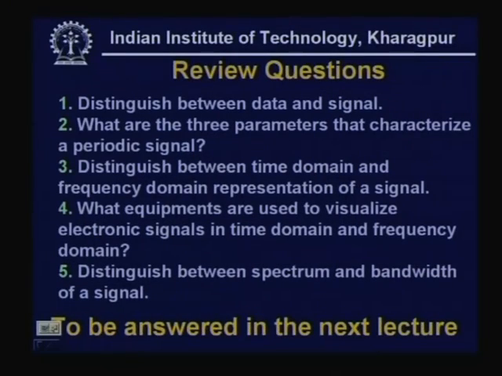So, we have covered different topics related to data and signal. Here are the review questions on this particular lecture. The questions are: distinguish between data and signal. What are the three parameters that characterize a periodic signal? Distinguish between time domain and frequency domain representation of a signal. What equipment is used to visualize electronic signals in the time domain and frequency domain? Distinguish between spectrum and bandwidth of a signal. So, these questions will be answered in the next lecture,